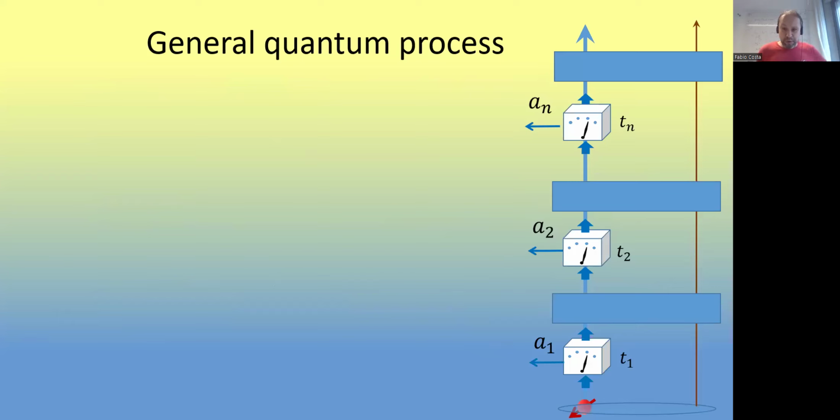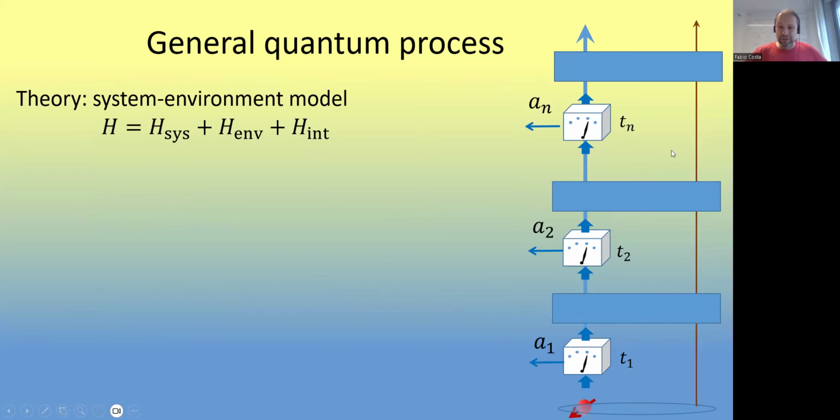Okay, so what is then the general quantum process we are looking at? Well, one way we can look at it is to try to make a model for it. Most generally, we can think that we have some initial state that might even be a correlated state between system and environment. Then we make our measurement at time 1. And then between each pair of time steps, we have some Hamiltonian that will involve some interaction between system and environment that will correlate system and environment. So this is the modeling version. However, as I mentioned at the beginning, this is not what I would call a gold standard of a representation, because